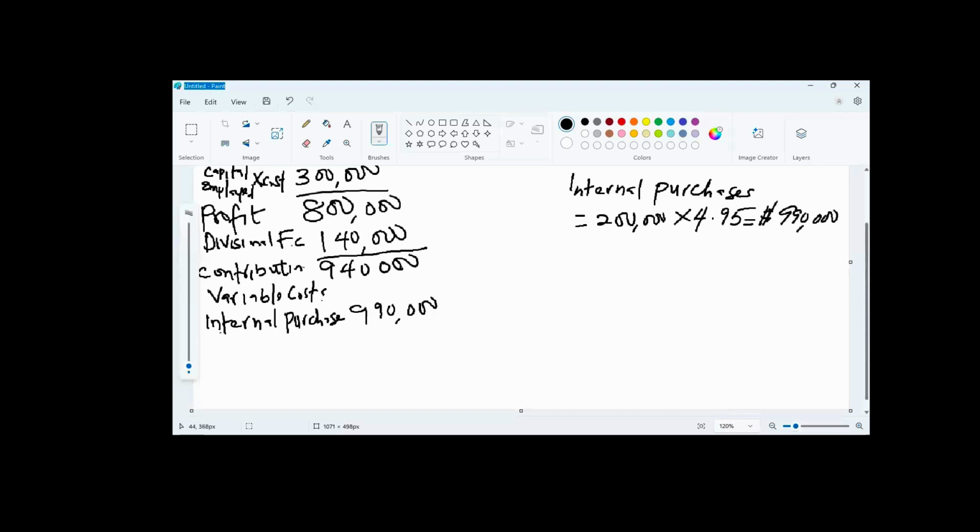In addition to this, Beta will incur further processing costs. Can we see that? Yes, sir. Further processing costs. Now, we have Beta, we have 200,000 components. It's going to further process at a cost of 4.50 naira kobo. Further processing costs